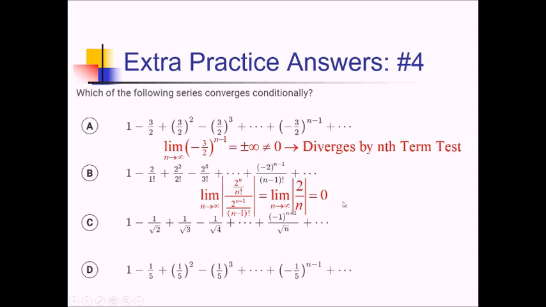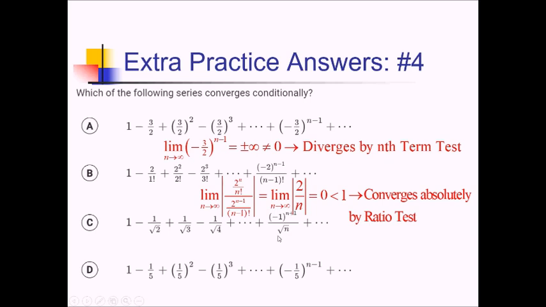Since 0 is less than 1, that means that this series converges absolutely by the ratio test. Because it converges absolutely, it does not converge conditionally. So we move on. On this next one,